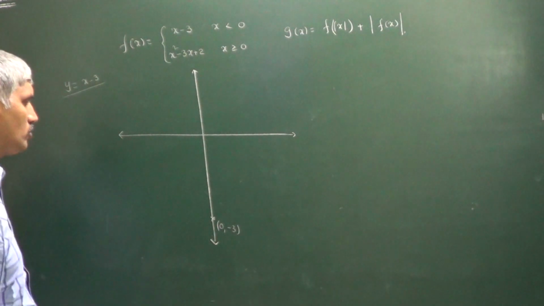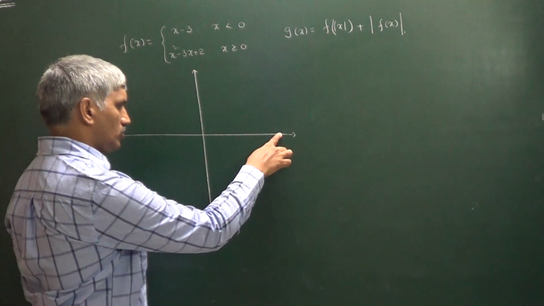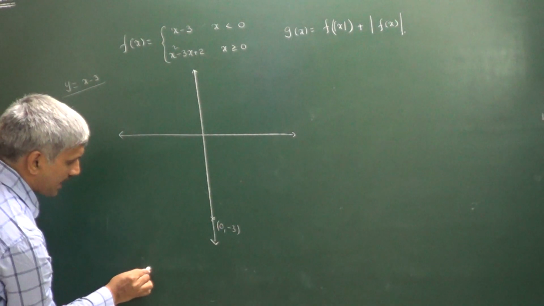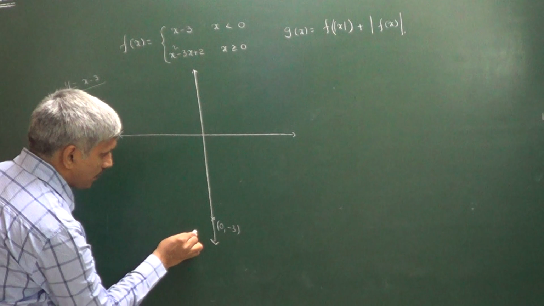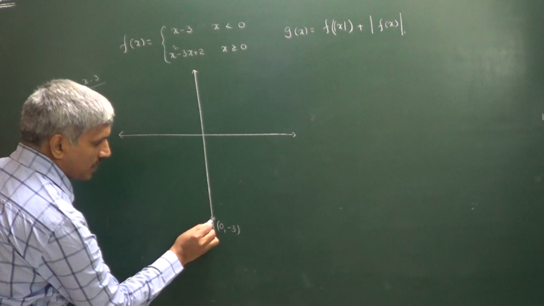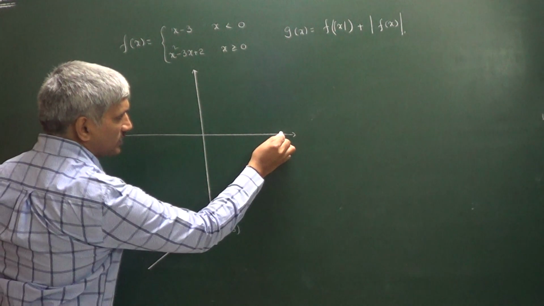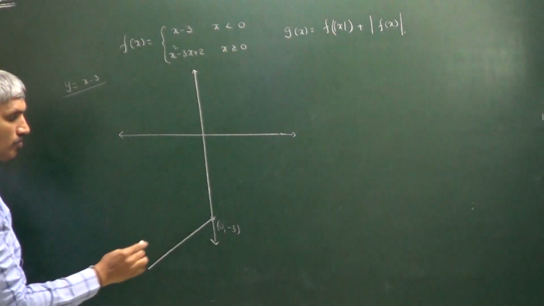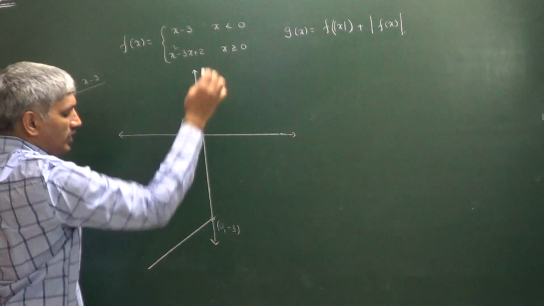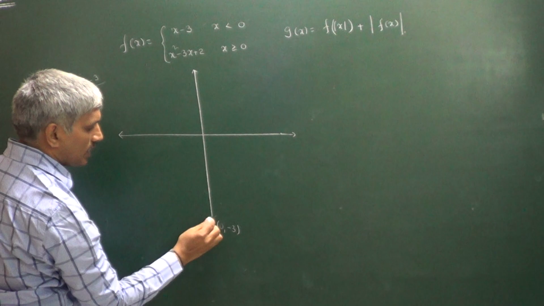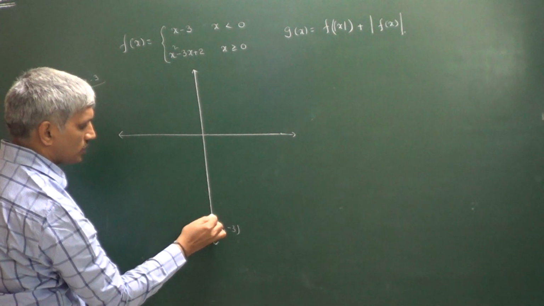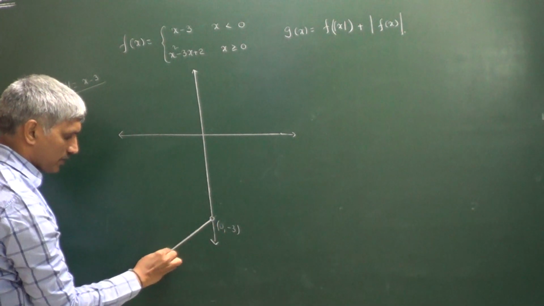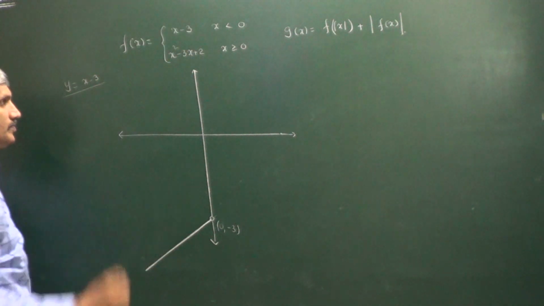When y is equal to 0, you will get x is equal to 3. So that's why it's a straight line passing through 0 comma minus 3 one point, the other point you will get 3 comma 0. But we have to consider the graph only when x values are less than 0. So this is the graph we got for the first function, this one.